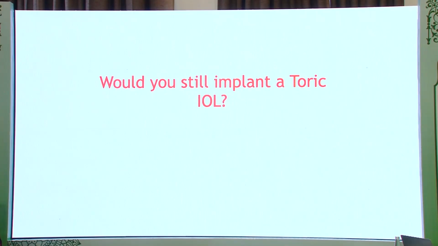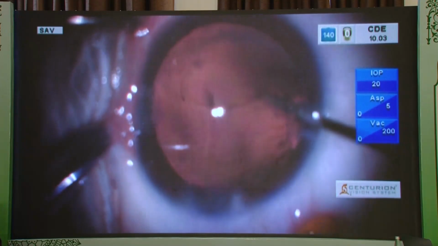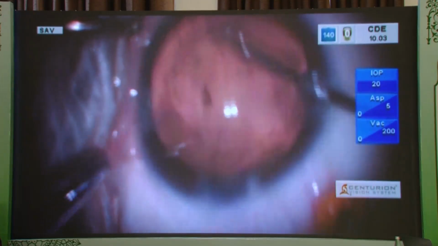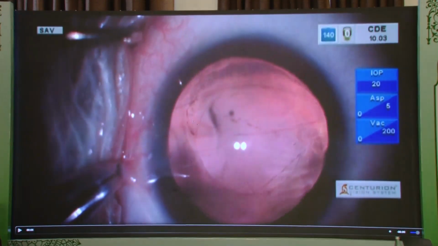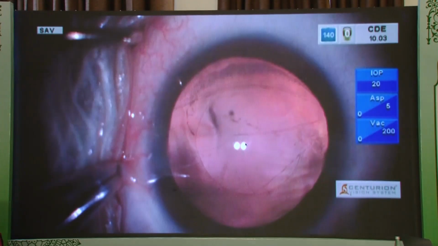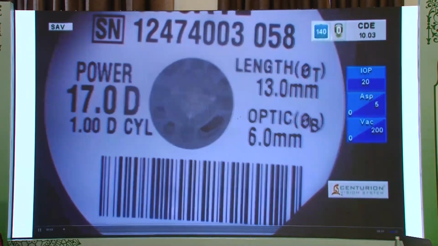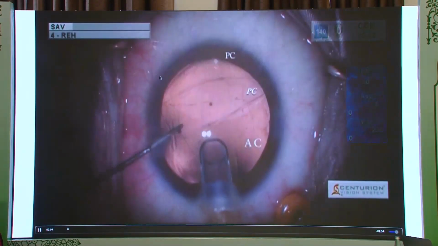So the whole question now is, this was scheduled for a toric lens. Can you even think about it now? So this is what we did. A microrhexis forceps was taken, and this edge of the rent or the rupture was converted into somewhat of a strong margin manually. I wouldn't say it's a PCCC, but we tried to create a strong margin so that if you do put the lens in, it does not enlarge further with implantation of the IOL. Now you can see 17 diopters, it was a myopic eye planned for a toric.